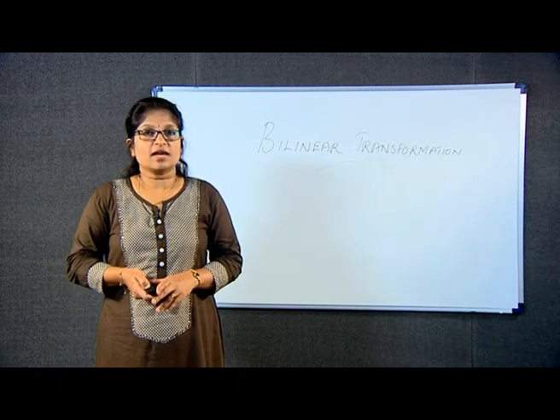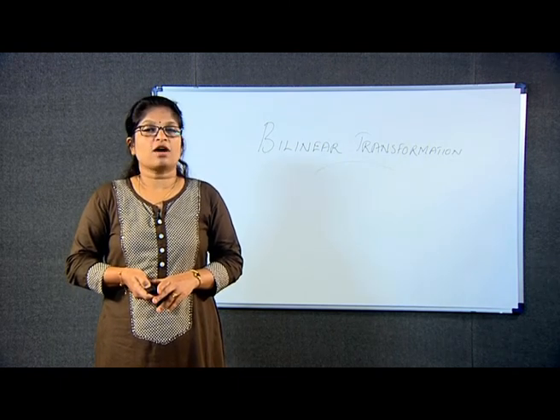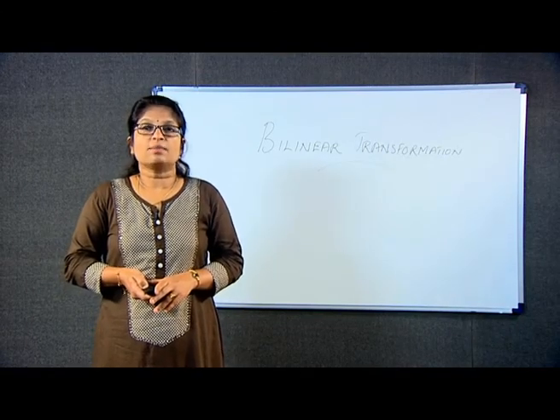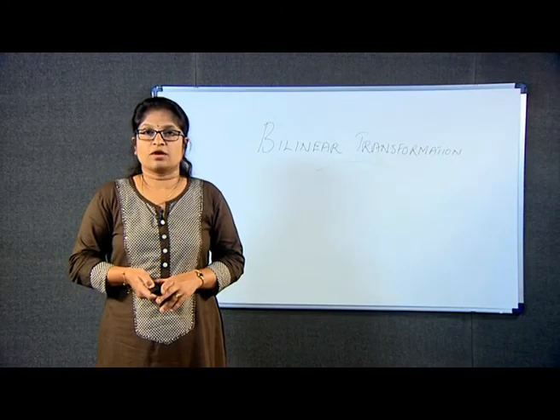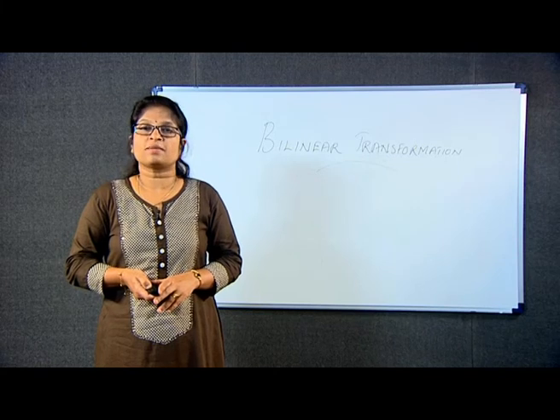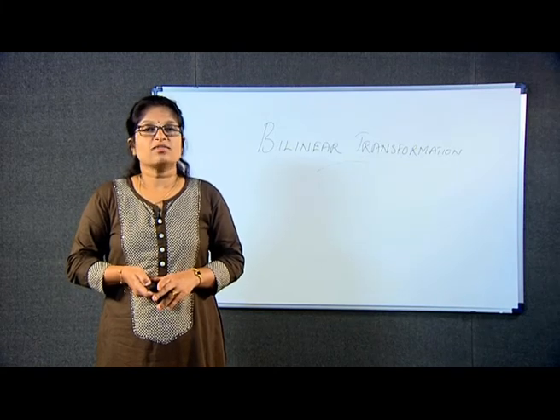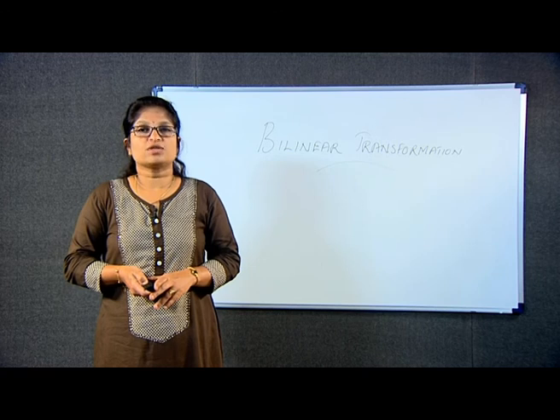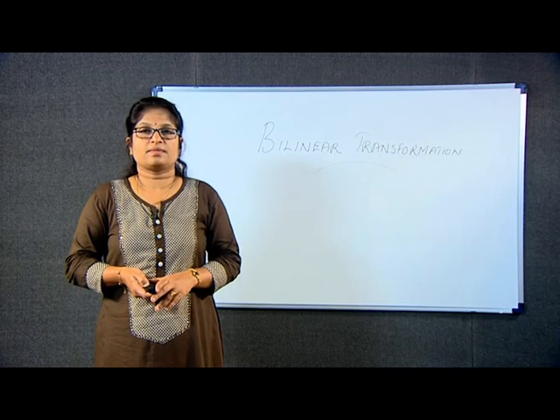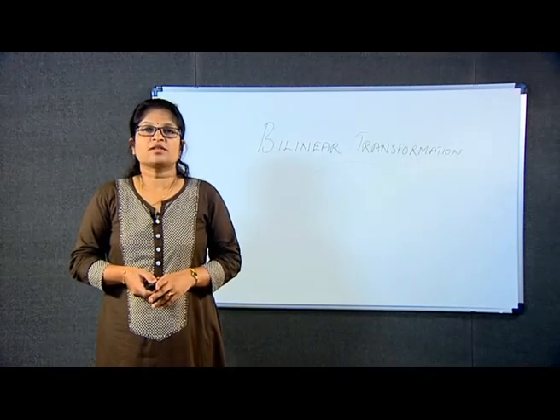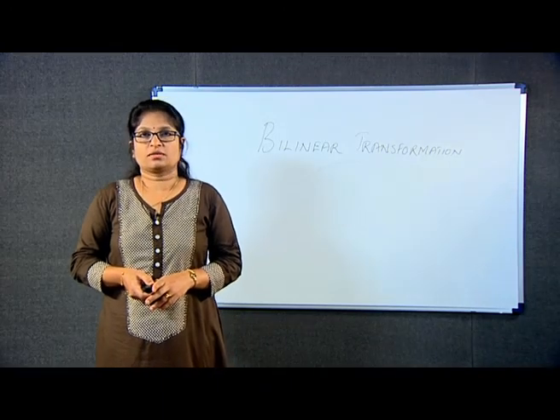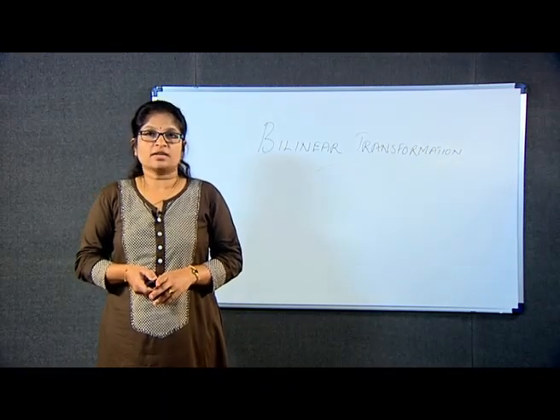Also, we have seen what the fixed point of a bilinear transformation is. It is nothing but the points which coincide with their transforms. And do you remember how we found the fixed points of a bilinear transformation? We substituted w is equal to z and then the transformation reduces to a quadratic in z. So, according to the quadratic equation in z, you can have at most 2 fixed points. They can be either distinct or coinciding.